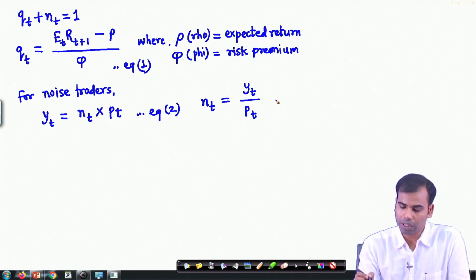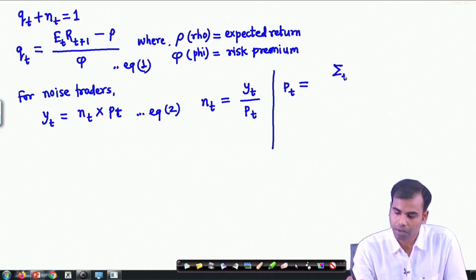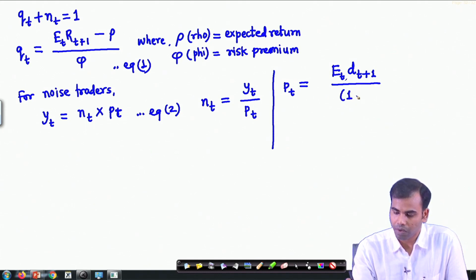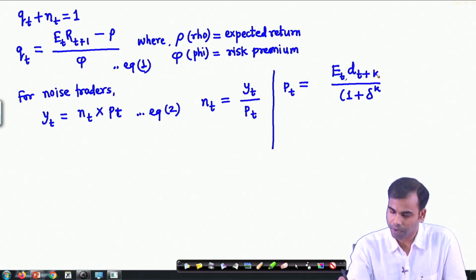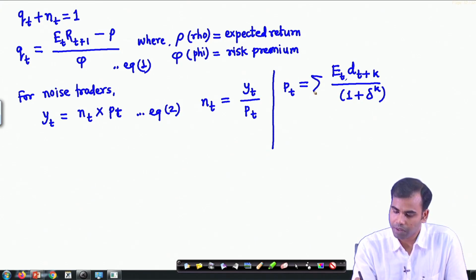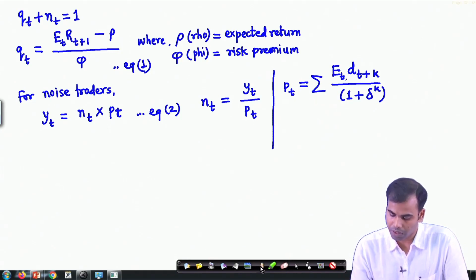So, if we can denote this in terms of the price of a financial security at time t, it could be the expected dividend at time t divided by 1 plus, let us say, delta to the power k, if the time period considered here is k, and this being summed for the total time period that we are considering here